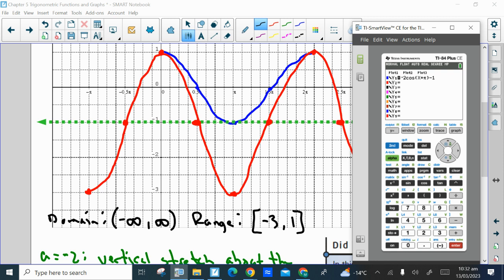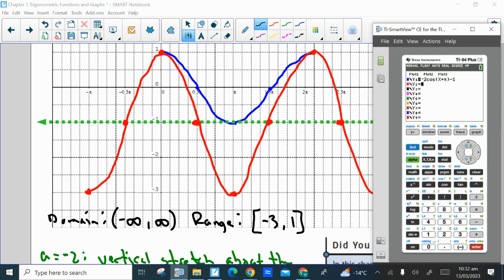To make it look like the graph that we have on our page, we need to make sure that we are in radian mode, because our x-axis is in terms of radians. Also, our phase shift is in terms of radians. So we need to be in radian mode. And then our windows,